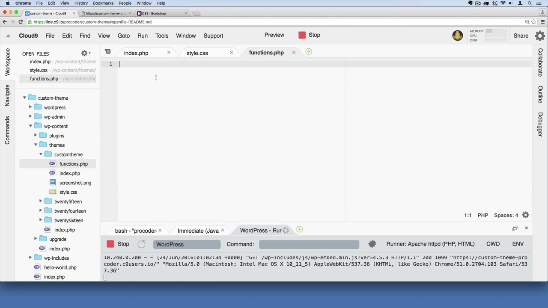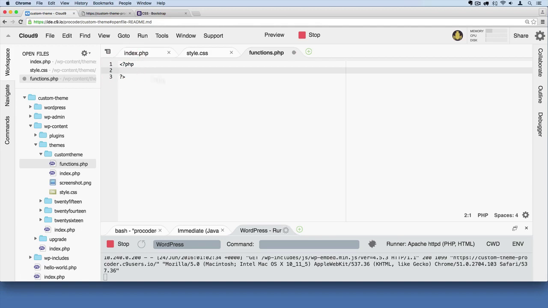We're going to add some code in here. So first we need our PHP tags. And this whole file is basically going to be PHP for the most part. So I'm just going to have an opening PHP tag up here and a closing one down here, and we'll just fill this in. Okay, so what we're going to do is add this function,